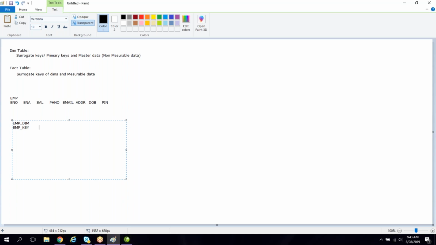From the employee table, if you want to store the non-measurable data, employee number, or employee ID. In some companies, employee ID is completely digits, numeric numbers. Whereas in some companies, employee ID can be both characters as well as numbers. If it is only a number, we can measure such values. If it is both character as well as number, or character type of data, we cannot measure such data. I repeat, we cannot measure character type of data. We can measure only number type of data.